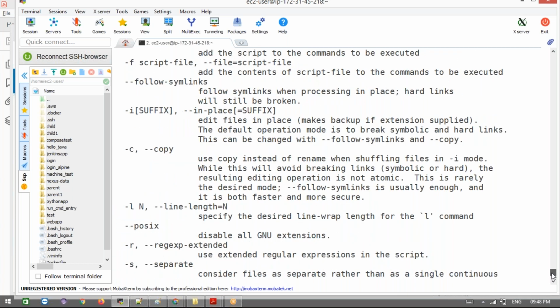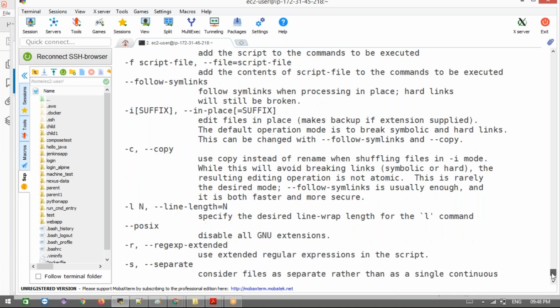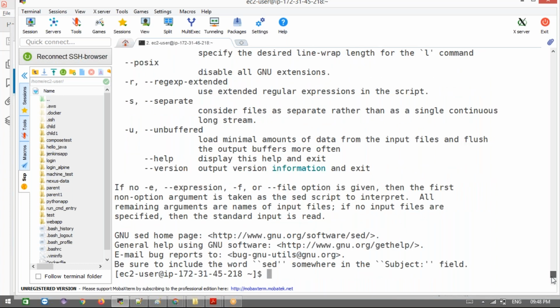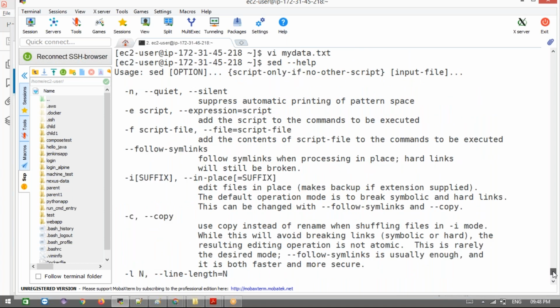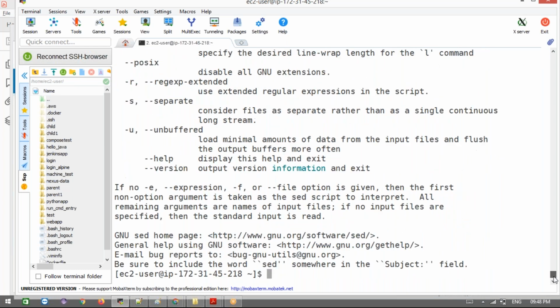What is the option to persist the changes?